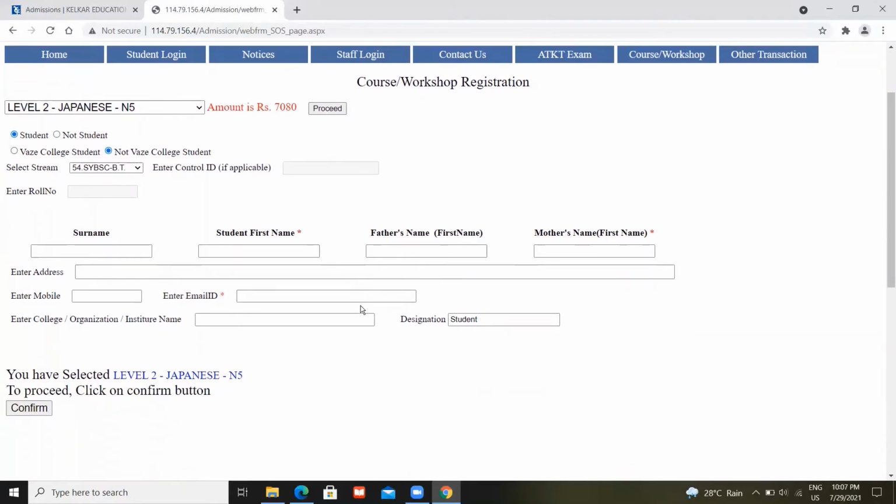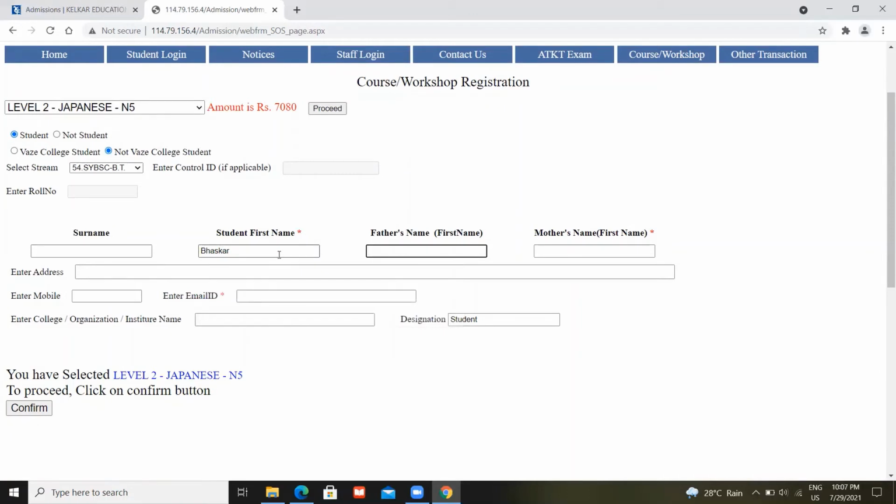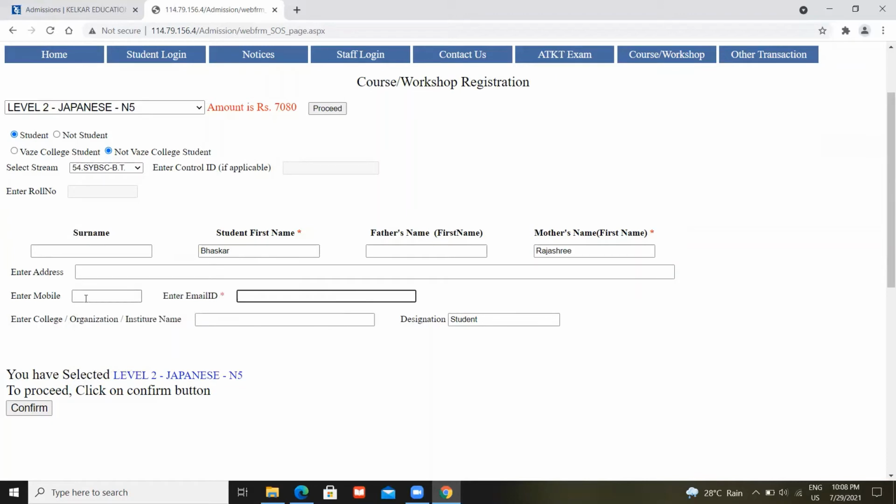Later on, fill all the details like your surname, your first name, your father's name, your mother's name, your address, your mobile number.